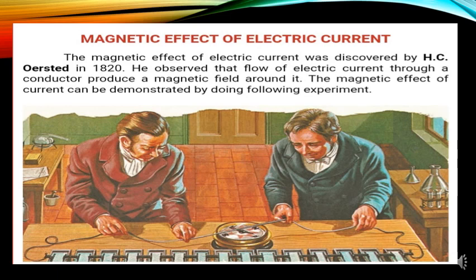But in his experiment he found that other than a magnet, if you bring a magnetic compass close to a current flowing wire, it showed deflections. That means a current flowing in a wire also produces magnetism. So this is the result of his experiment. But how did he conduct this experiment? You will study in detail now.